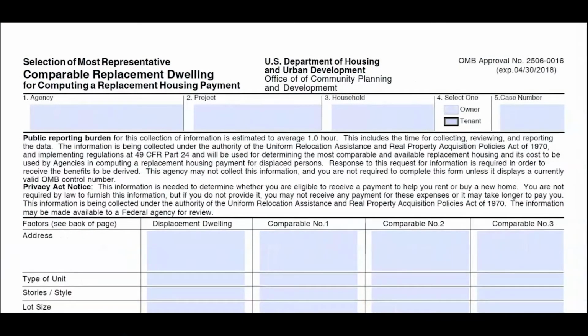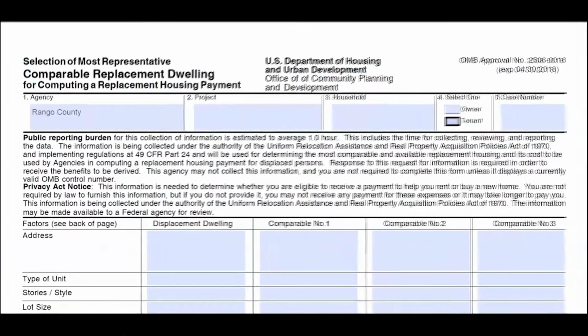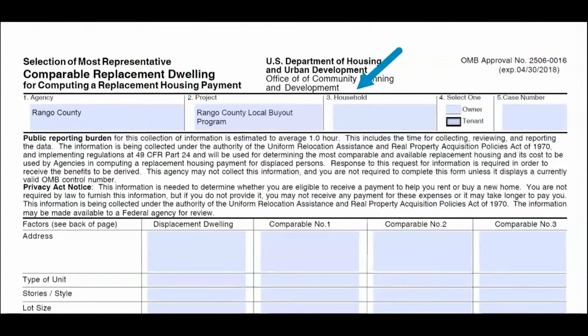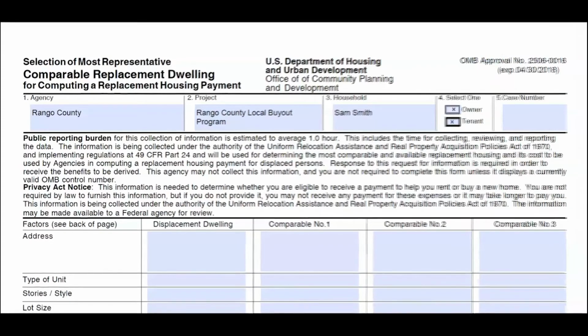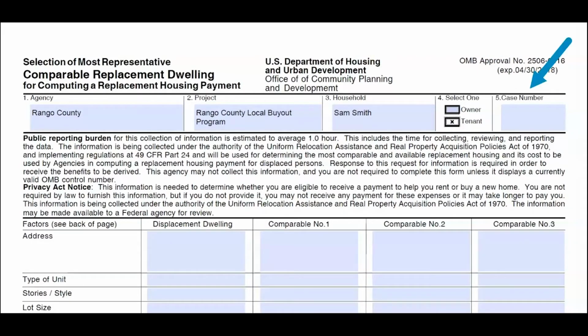In the first box, titled Agency, enter the subrecipient name. Then enter the project title. In the household box, enter the name of the head of household to be displaced. Then select whether the displaced household are owners or tenants. In the case number section, include the Tiger identification number that is assigned in Tiger when an application is input